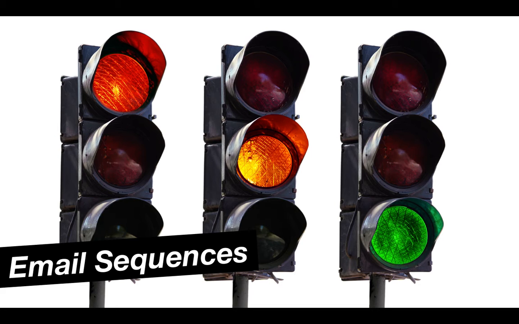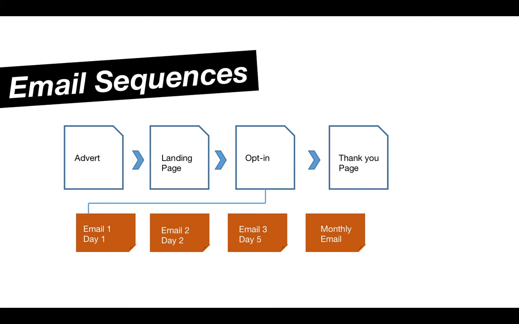You can send emails out to them that basically send out information automatically. Again, you don't need to go in front of your computer and send every prospect that comes in an email. This will actually help build a system so it does all the hard lifting for you. And that's what's really, really important in running an automated marketing system. So the email sequence, and this is just an example, we have different email sequences for different clients and different businesses. But here's a really quick example that I'll run you through right now.